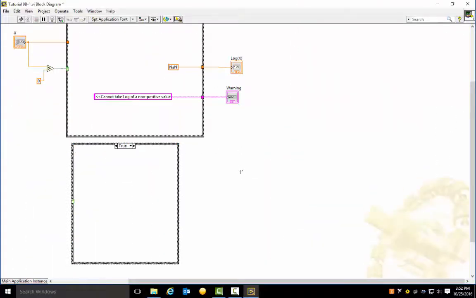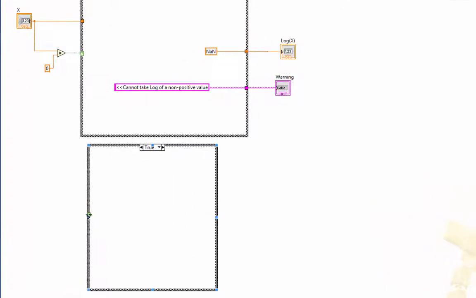I'm going to move this down here so I can use some of the same inputs just to show you what's going to happen. I'm going to have a value of x that we're going to take. Let's see if I can wire it. No, I can't yet. But anyway, I'm going to take this output right here and connect it to our case selector. And notice that it's green here. Remember, green is Boolean true or false. So if x is greater than 0, this green line will bring in a true,